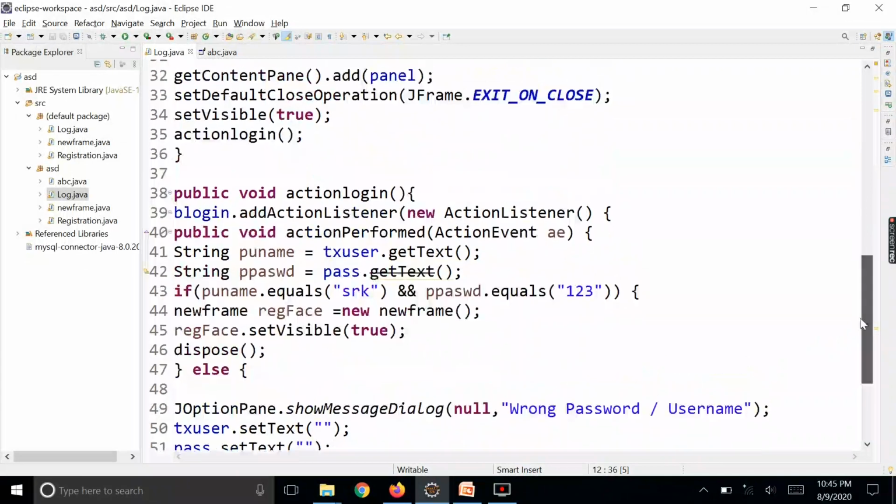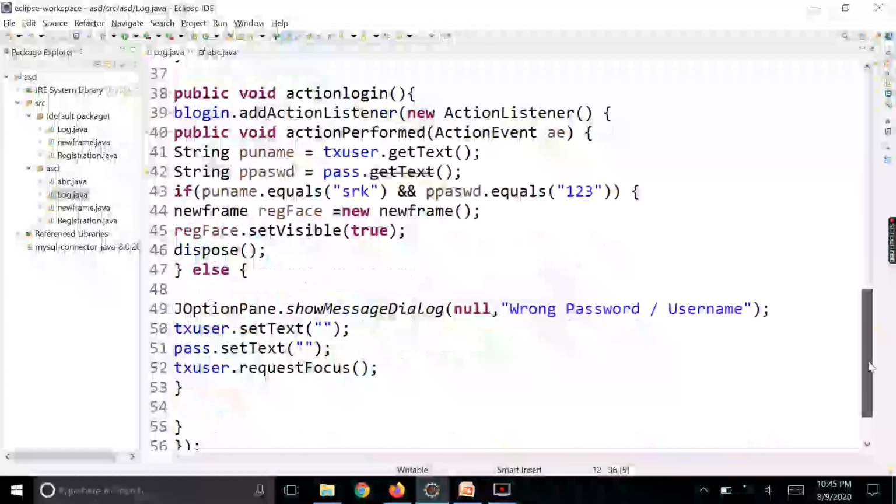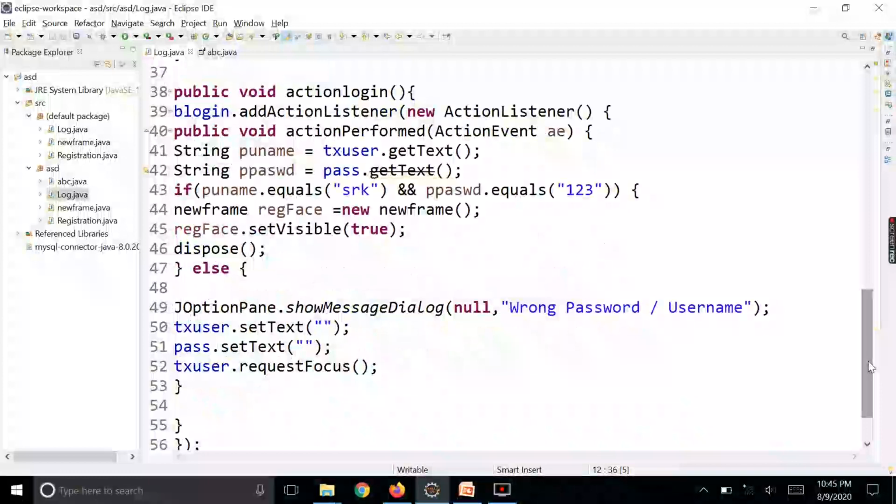Then this action listener will validate the username and password, and if the username and password are as per the string given, then it says OK and opens another window, else it will show the wrong password message.